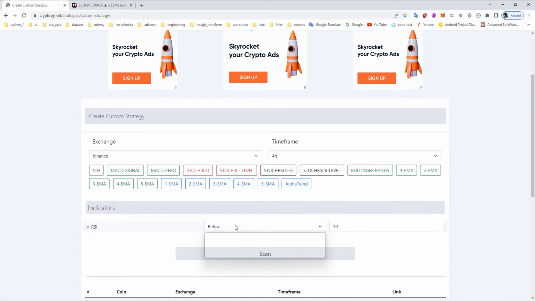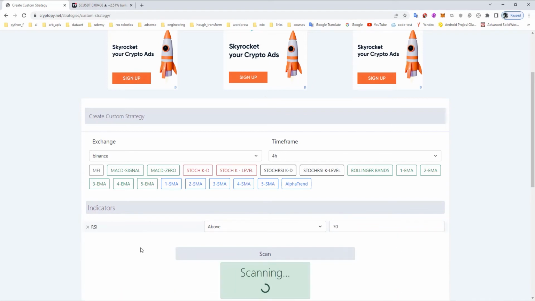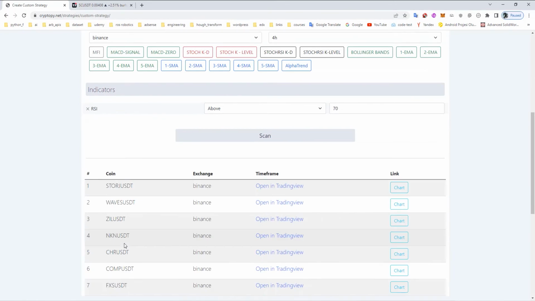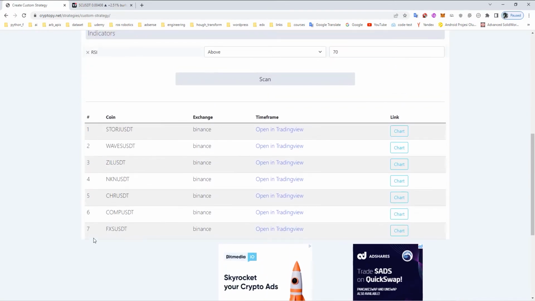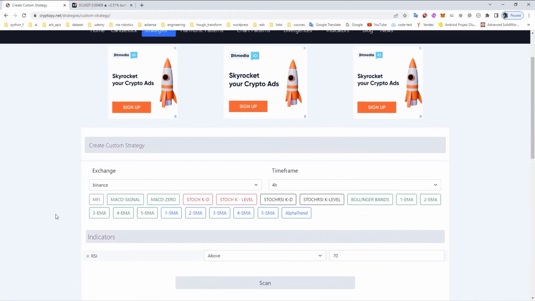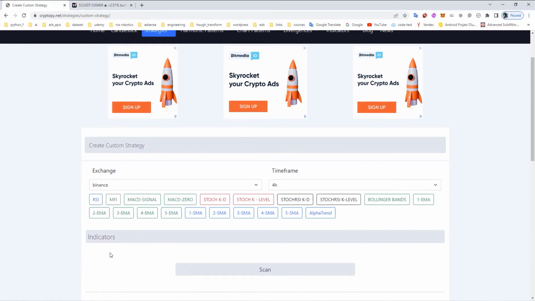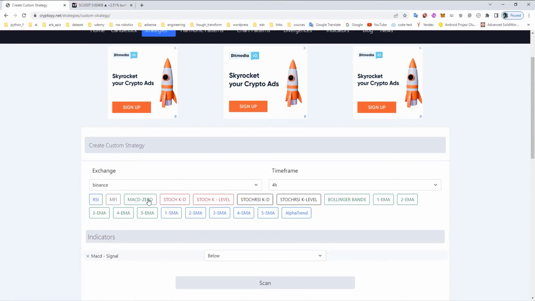How can we use this indicator? The RSI value above the 70 level. Click the scan button. As you can see, we found 7 results for these parameters. Click this, close this indicator, and MFI,